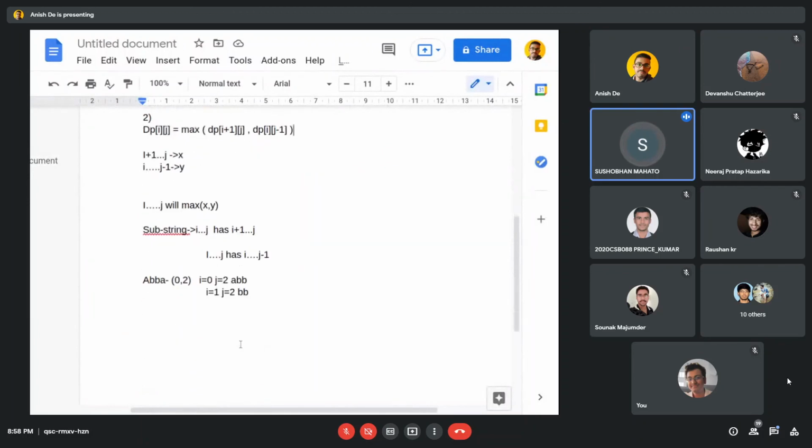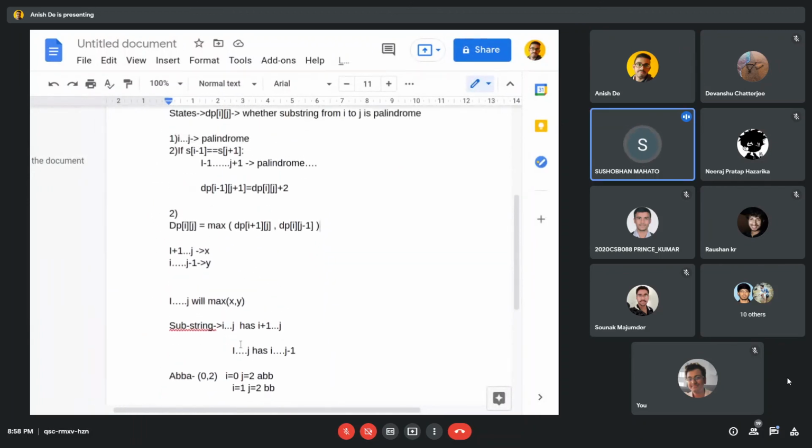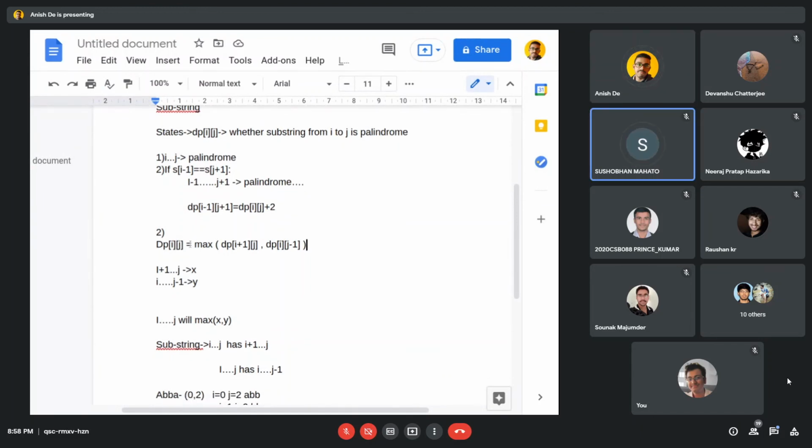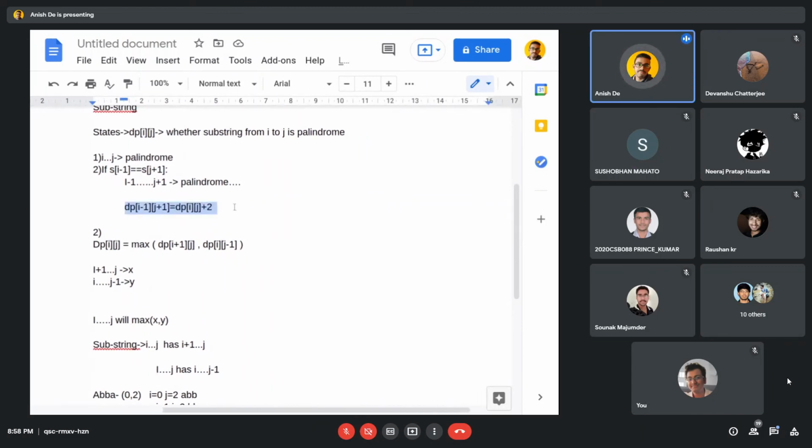So basically, we have to compute both of the algorithms and then take the maximum, right? Yes. Whichever transition gives the maximum answer, you should store that maximum answer in the DP.